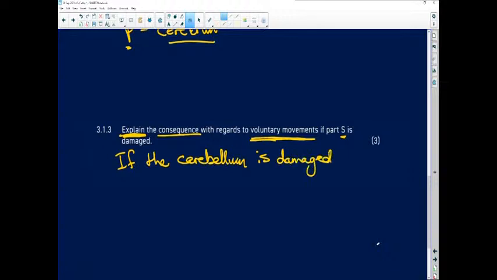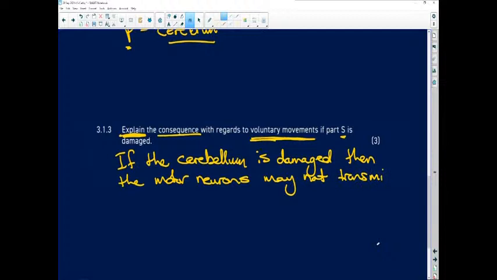I find this quite an odd question, but okay, let's go through it. If the cerebellum is damaged, then the motor neurons may not transmit impulses,